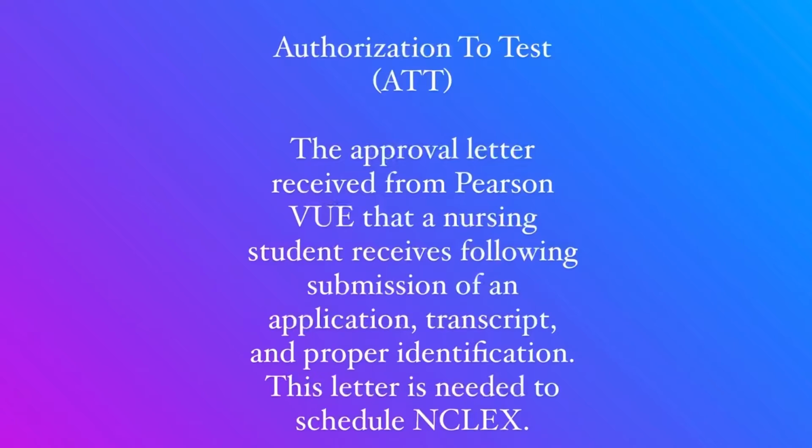So at this point, you're either waiting for your approval to test, so your ATT, which is something that we all have to apply for as nursing students, and that your school will walk you through. The approval to test is after you have completed your schoolwork and you have your final transcript. Your school sends your transcript. You also go and get fingerprint testing done. So you send those 2 things and you submit an application form, and there might be something else that you send at this point. I don't know if anything's changed since I've taken it, but usually those 3 things you submit,